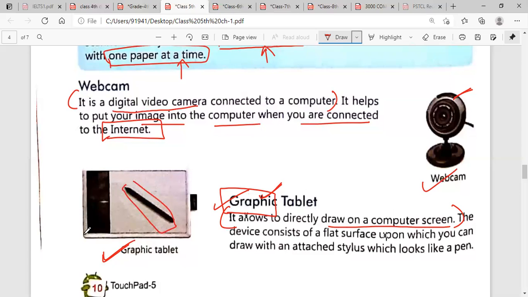When you write on this flat surface with this digital pen, you can draw on the screen of a computer. The device consists of a flat surface upon which you can draw. You can write by using this digital pen, which is called a stylus. You can see this is a stylus, which looks like a pen.